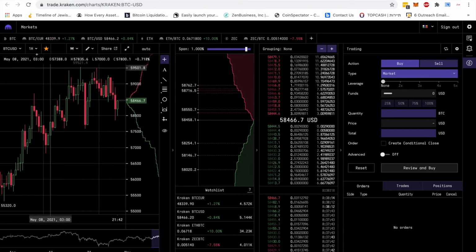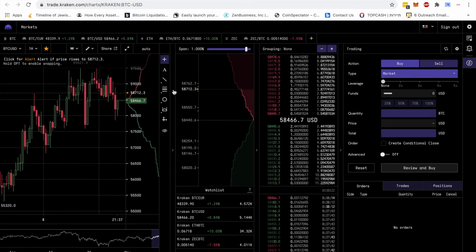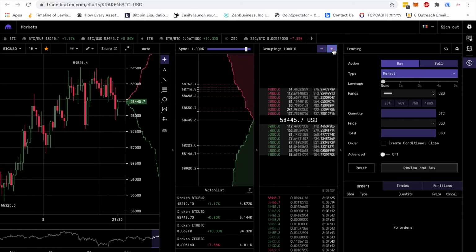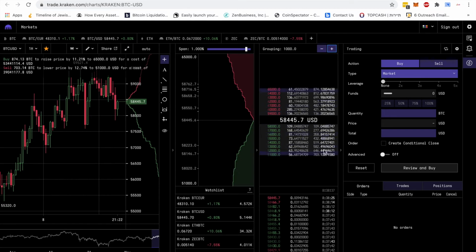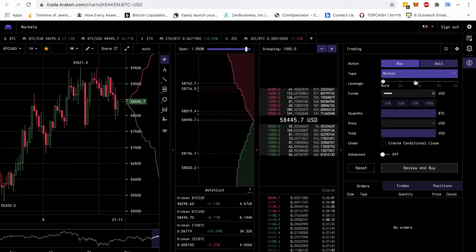So this is the Kraken Terminal. It's very nice. You can actually open trades from here. You have the option to look at the order book here. You can understand maybe where the support level and the resistance level are, for example. I think this is really nice. You can also change the size here, make it smaller or bigger. You can see the last orders, and this is really nice. You can decide if you want to allocate 25%, 50%, 75%, 100%, and play around with the leverage if you want to use leverage.